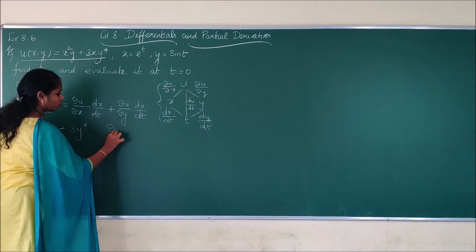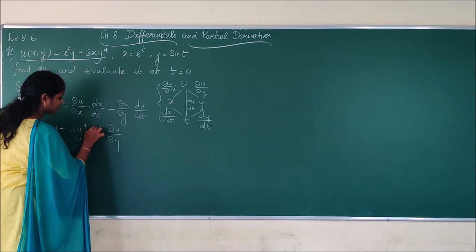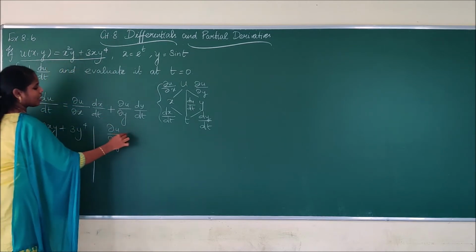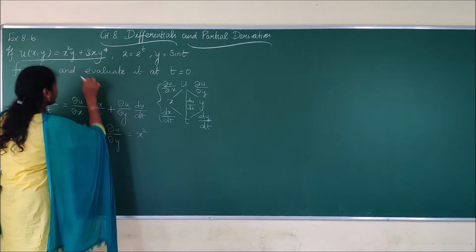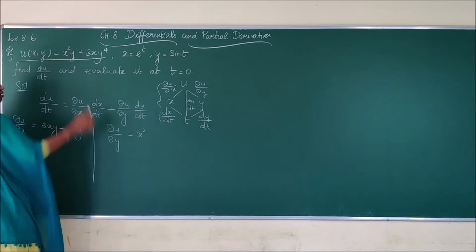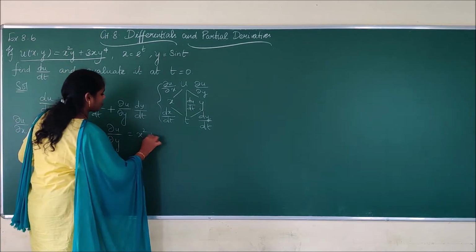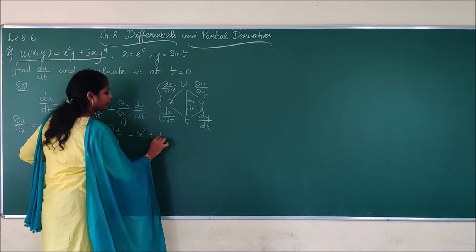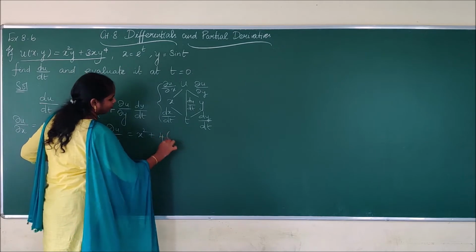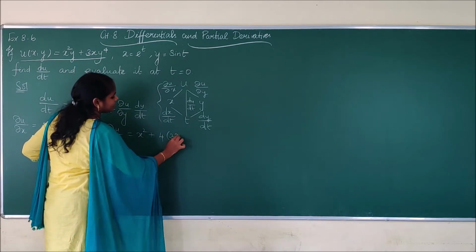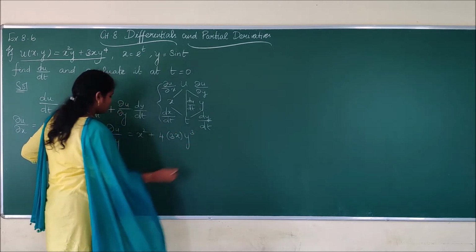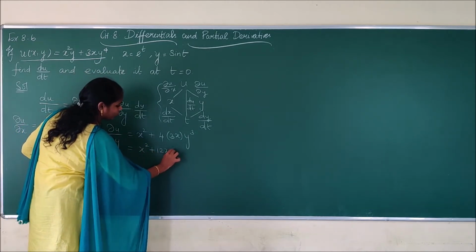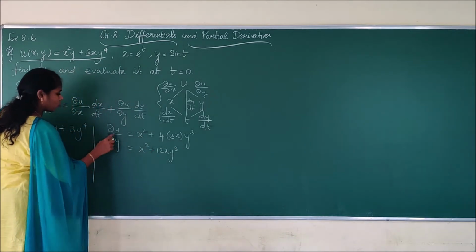Now I am going to find dou u by dou y. So I am going to differentiate the same u with respect to y. I have y here. If I differentiate, I will get only x square, because x square is constant, and y is of power 1 and its derivative is 1. Next is 3x y power 4. According to the power rule, 4 comes before, then 3x into y cube. So this is nothing but x square plus 12x y cube. So this is my dou u by dou y.